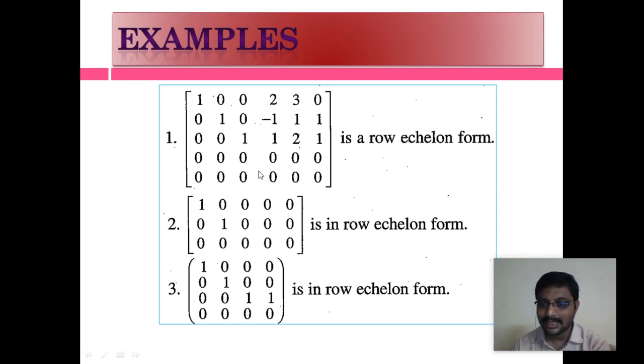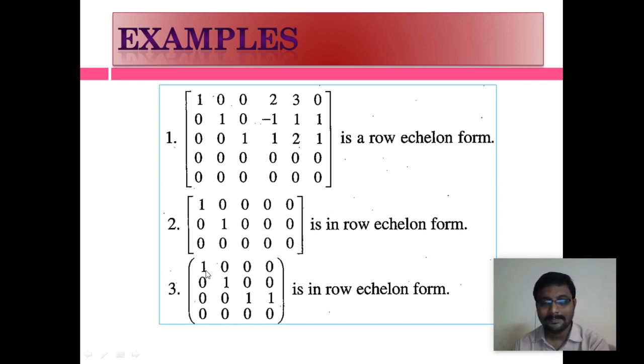If a row contains all elements as zeros, then it is called a zero row. If at least one of the elements is non-zero, then it is called a non-zero row. Second example, the 3 by 5 matrix is in row echelon form. Clearly we have two non-zero rows, so the matrix rank is 2, and the last one is a zero row because all its elements are zeros.